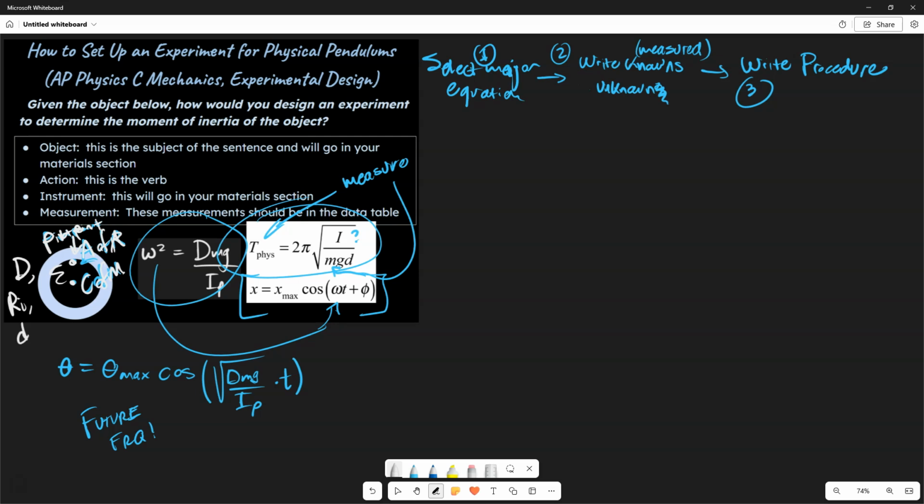All right, let's continue with the problem. So on the left over here, I've got a few things to think about. You want to be careful. You want to talk about the things that the object needs to be measured, and you need to measure it with different instruments and what exactly you're going to be measuring and putting in your data table. So it's actually really important that you get all of these. Remember, we said we wanted to measure the period. So let's start with that. Just working from left to right across the equation that we know we need to use. So now we can write our procedure. So we're going to say